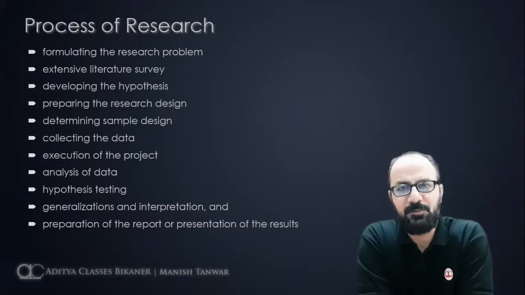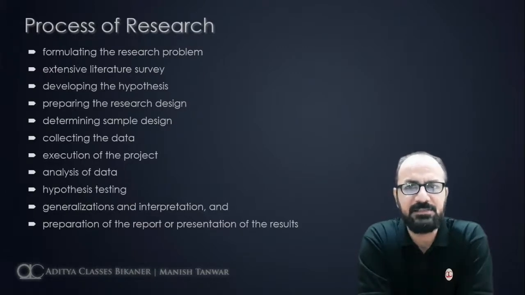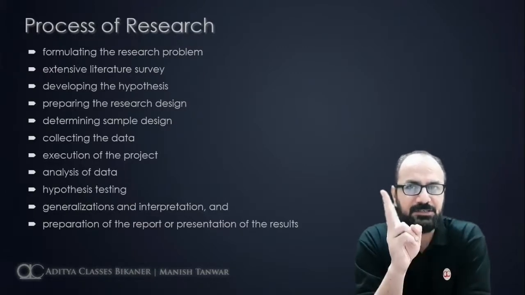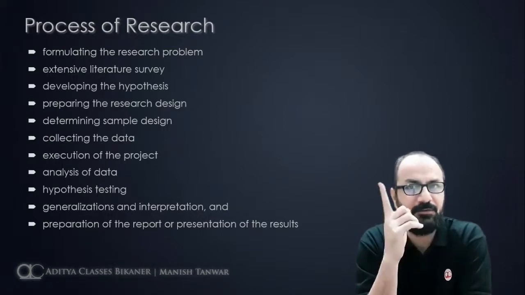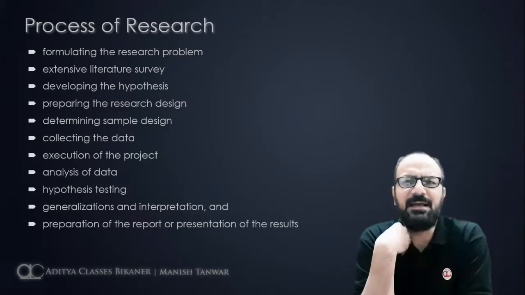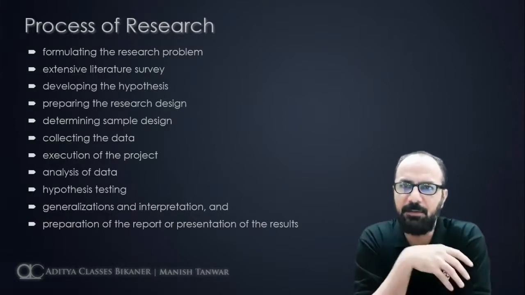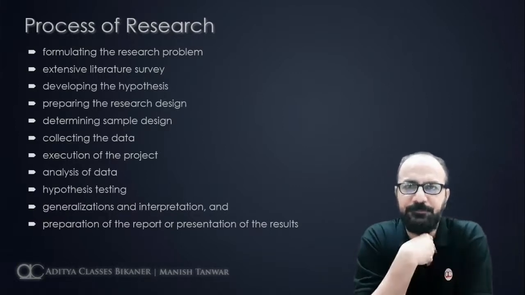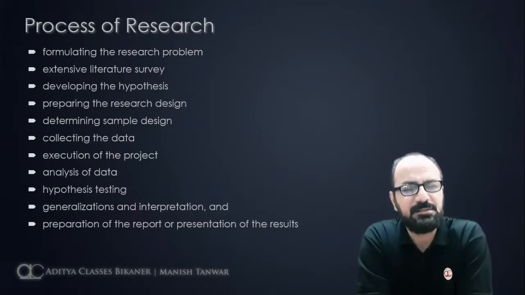So formulating the research problem, you should start with the problem, then go for a literature survey, developing the hypothesis, if at all possible, if at all applicable, develop a possible, probable, good hypothesis. We'll talk of hypothesis in two sections. Once in this initial introduction phase, then when we move to hypothesis testing, we'll again talk of hypothesis. So developing a hypothesis. Hypothesis is my idea, my opinion, based on rational grounds, not just some vague, but based on some rational opinions, rational thought process. So that is a hypothesis.